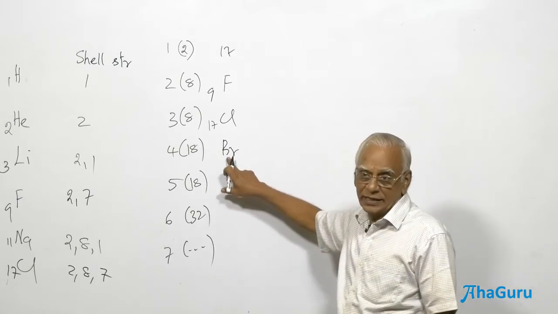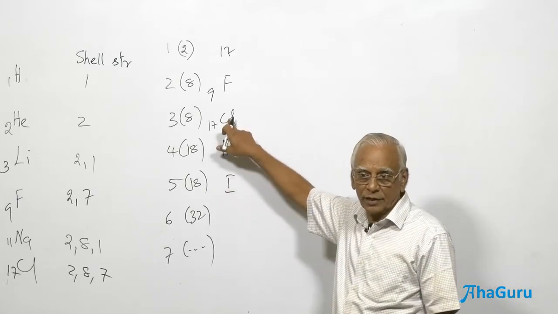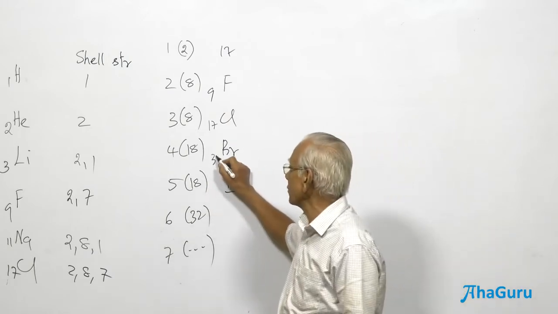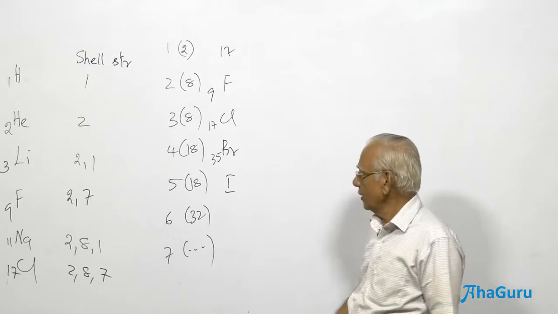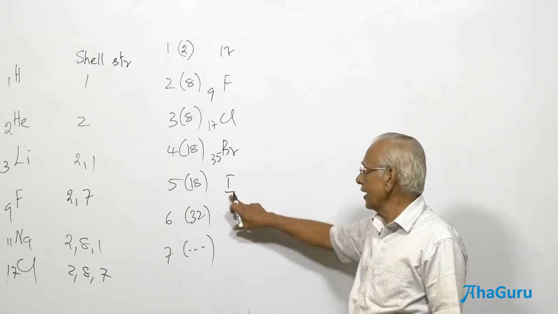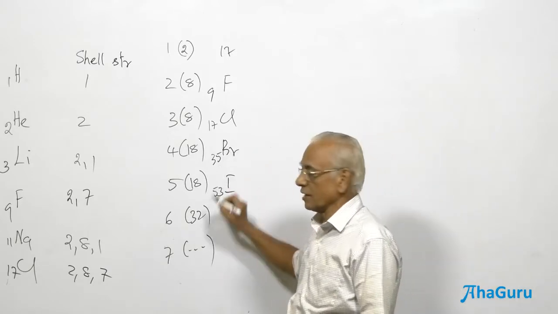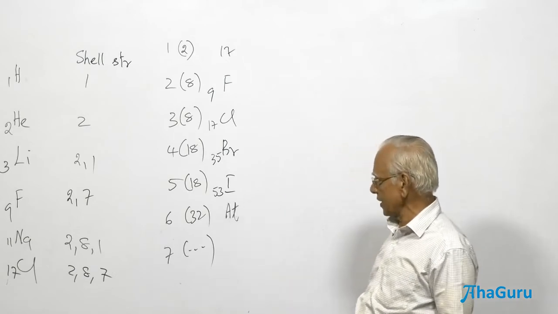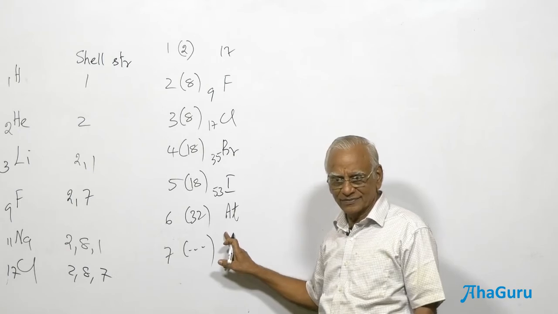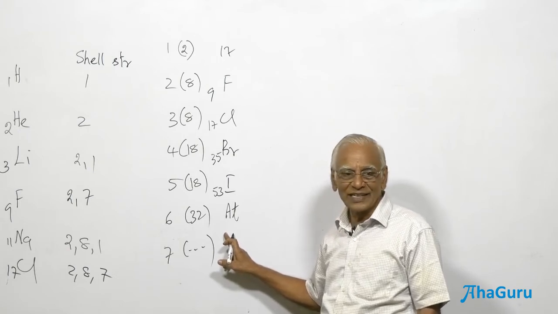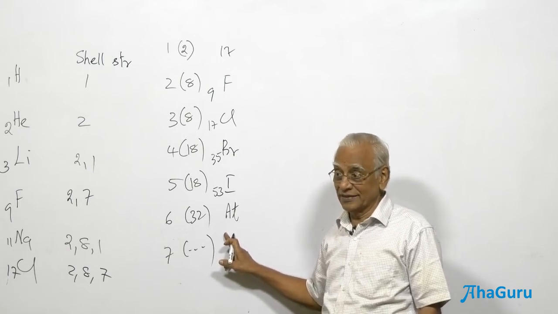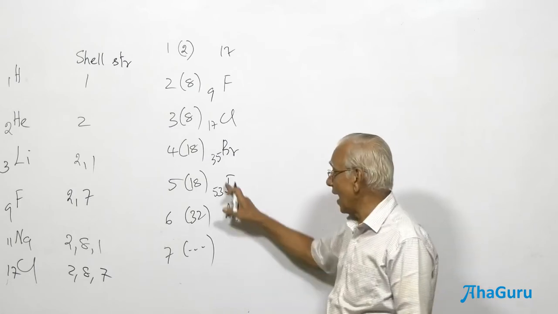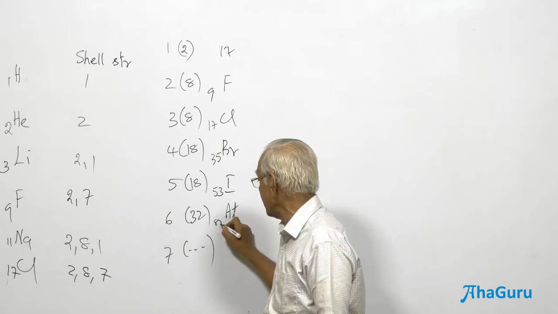And this is the 18th element from chlorine because there are 18 elements. So you are supposed to add 18 here and 35 is going to be the atomic number. And this is again the 18th element and therefore add 18 here. This is 53 here. Astatine, make a note of it, this is the 32nd element because of the F block elements, lanthanides and actinides, isn't it? Lanthanides and actinides, this is going to be the 32nd element here. So if you add 32, it becomes 85.